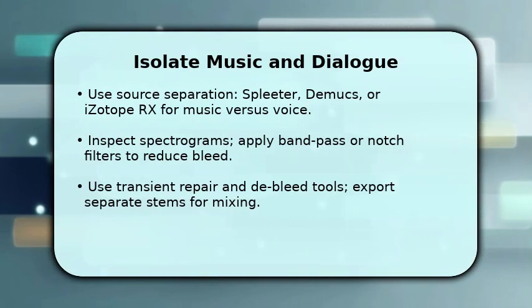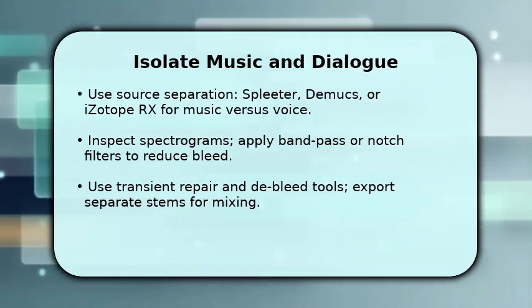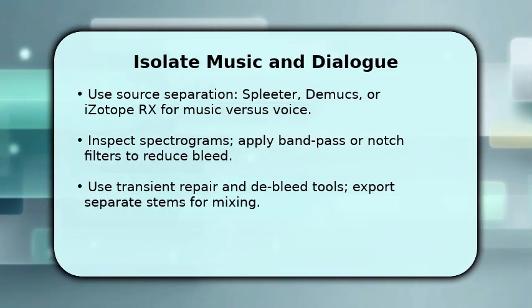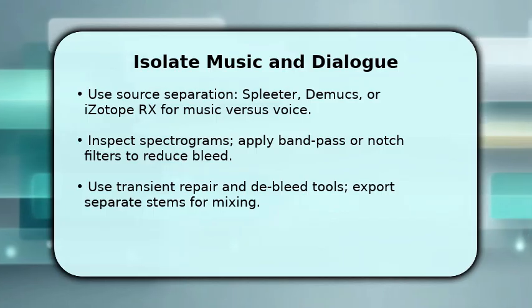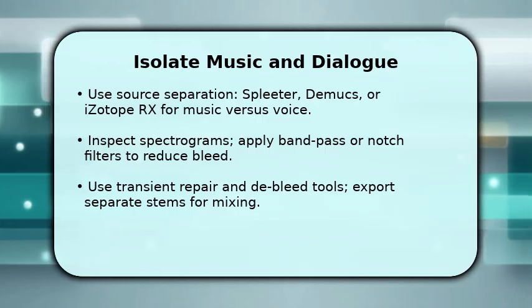You now isolate the music by combining spectral editing with modern separation models so dialogue remains intact. First, run a source separation tool to create stems, then open a spectrogram editor to visually identify overlapping frequencies and remove persistent music bands. Once identified, apply bandpass or notch filters sparingly and run transient repair to fix cutoffs and plosives. After cleaning, export distinct stems, dialogue, music, ambient, so you can selectively mute or replace the music without harming